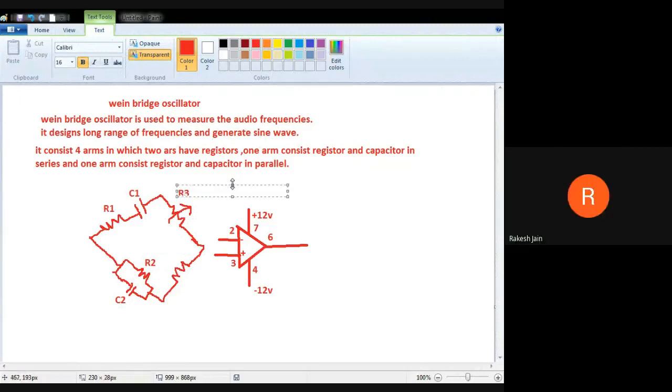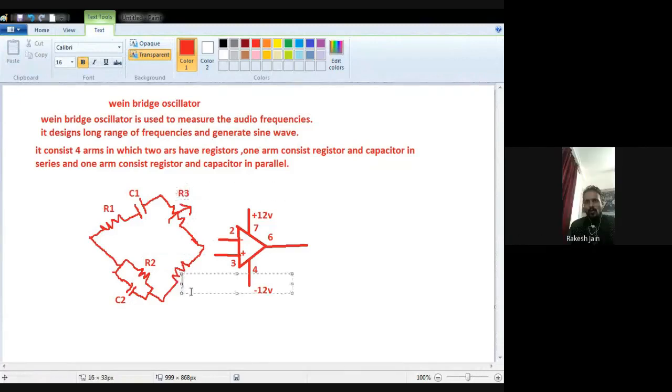This variable resistor we denote as R3. It is not mandatory to take it variable, but because we are going to design a Wien bridge oscillator, in designing according to the value of R4, we will choose this value. That's why we denote it with a variable sign. Okay, so the other one is R4,